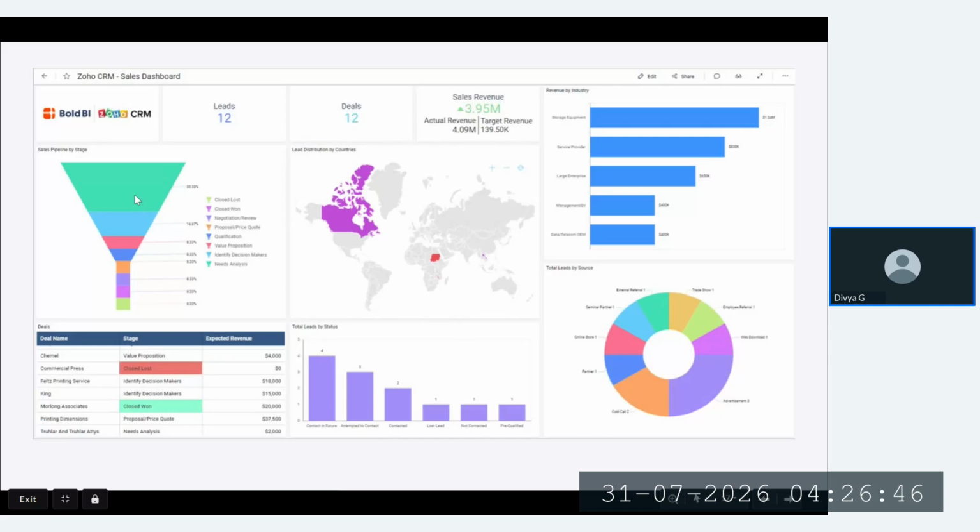and this shows which leads or deals are there in a particular stage, or which leads or customers are high in which location, and based on the lead source. Like as I said, a lead is coming from the website itself. It can come from Google Ads or WhatsApp. So it is all considered as lead source.